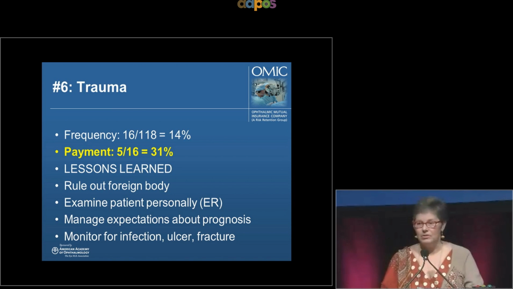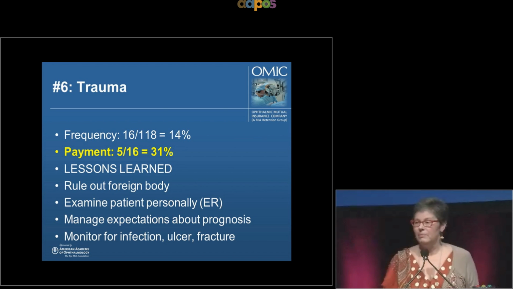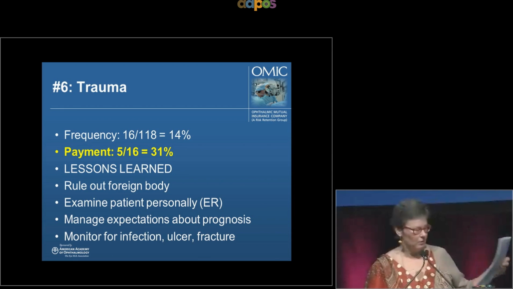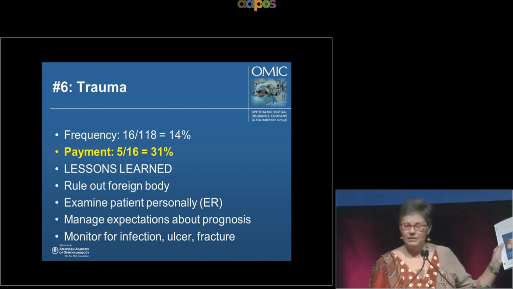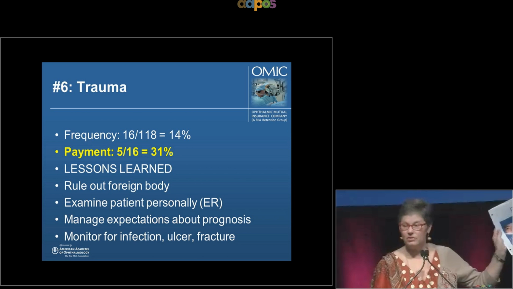Infection, ulcer, and fracture, you really have to be very mindful of those. I talked to my risk management committee, because we now in risk management are very fond of checklists. And by the way, Omic was the one who got the ball rolling on the ophthalmic-specific surgical checklist. I hope you're all using it. But I asked, would it be helpful to have a trauma checklist? And you'll be glad to know you won't have to use one. I got shot down very quickly. But it turns out one of our board members, Ron Pelton, updated by our current chairman of the board, John Shore, had written the focal points on management of orbital trauma, and it was recently updated by Ron Pelton. It's a great document.